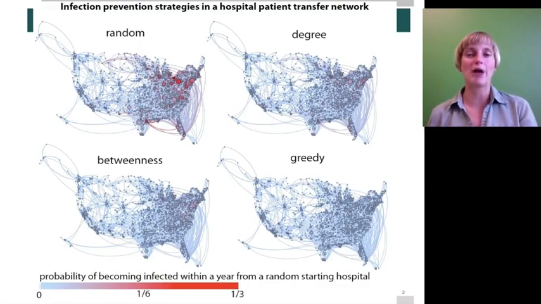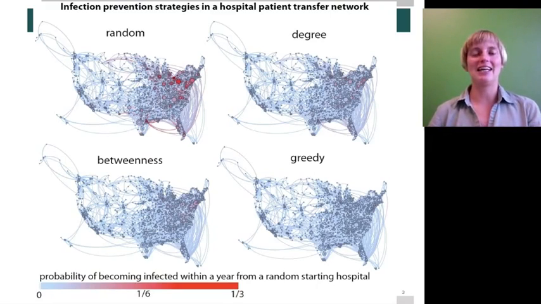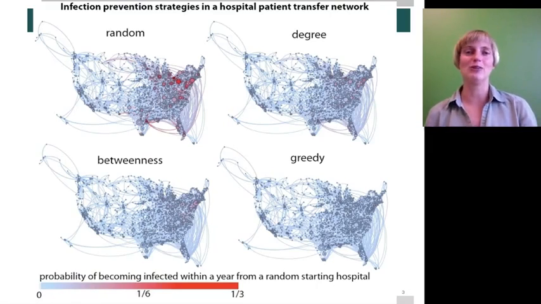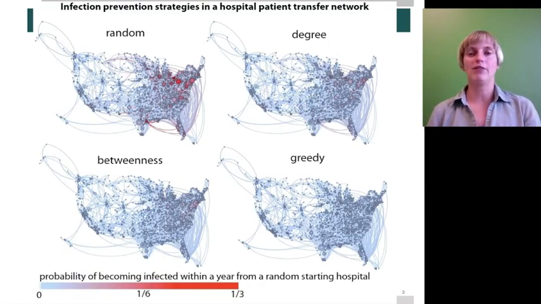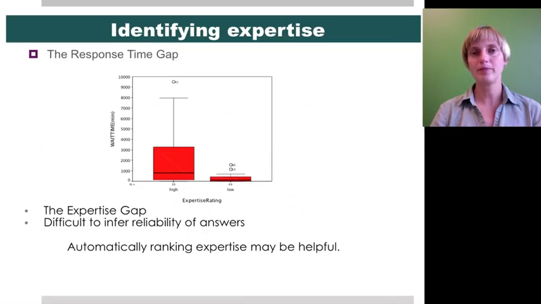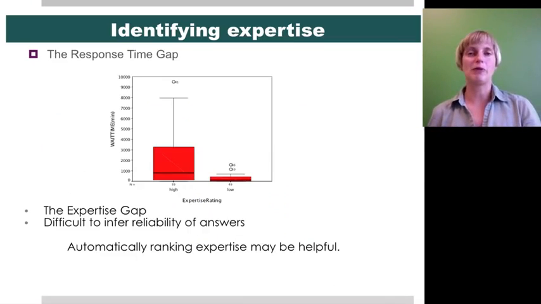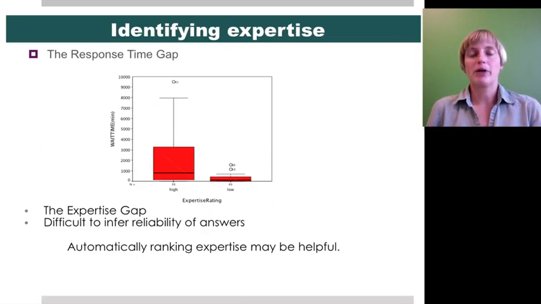Of course, from a practical policy standpoint, it's not clear how you would get hospitals at a national level to pool resources. But still, it's an interesting thing to consider if there are, for example, federal funds that can be allocated between different hospitals. The second example I've already mentioned a little bit when we were talking about preferential attachment